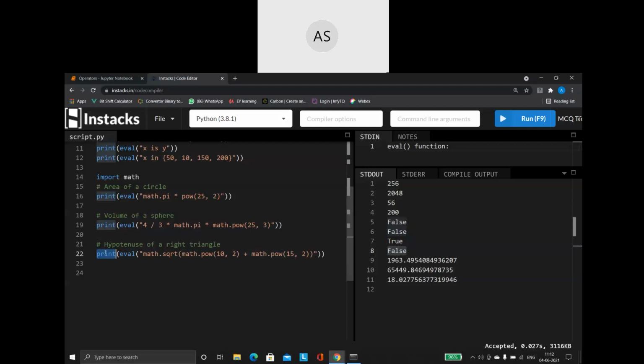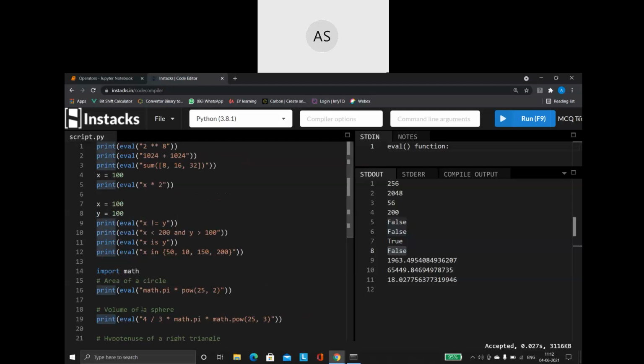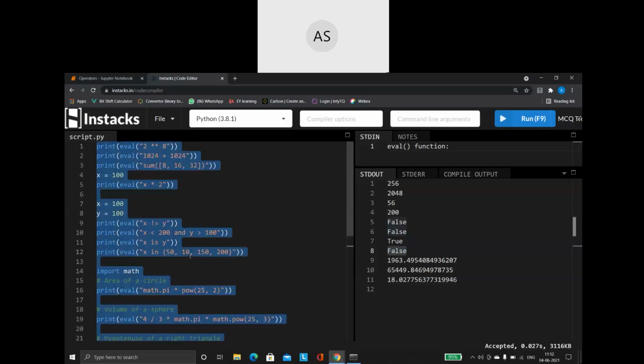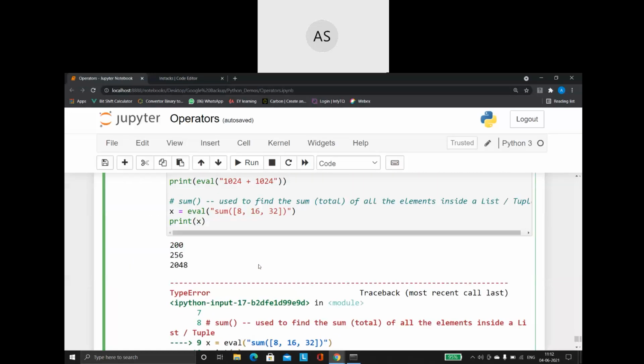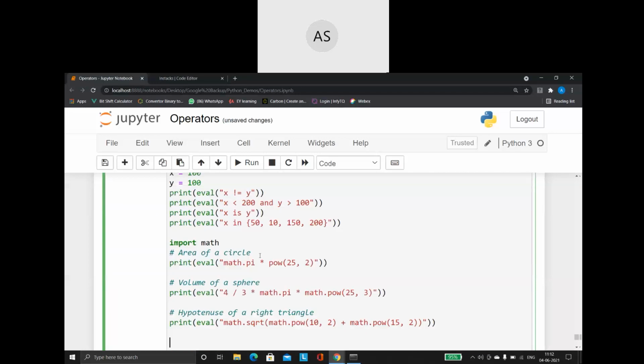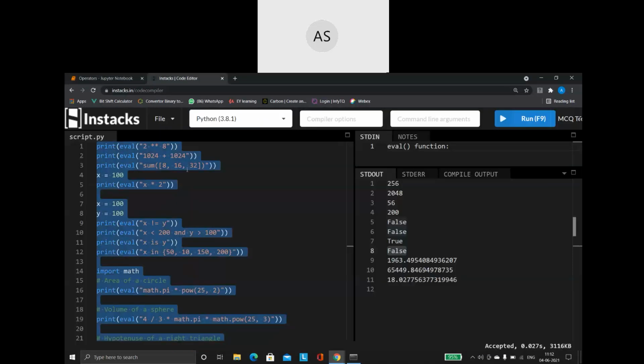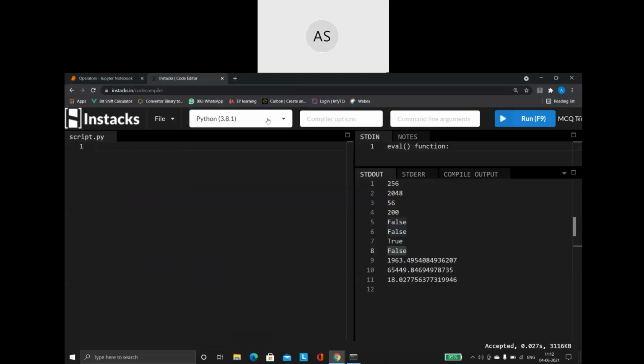These are the different ways in which I will be making use of this function. I can use it to evaluate any expressions. I can use it to read values from my user and typecast them into the appropriate type. So eval functions we will be using for many different things. Later on, as we go on in our program, we will again be making use of these functions in a lot of different scenarios. We shall be discussing all these things when we are doing our programs. So basically this is about your eval function.